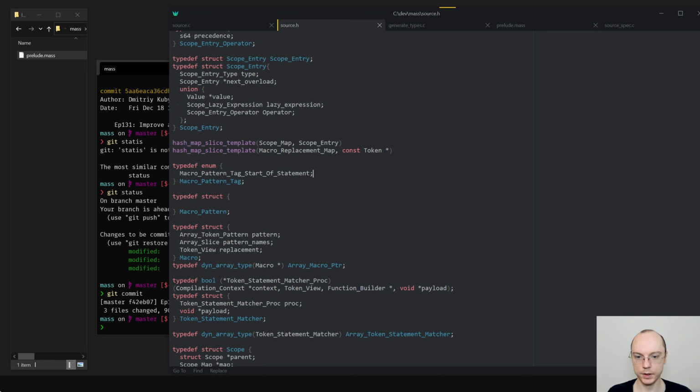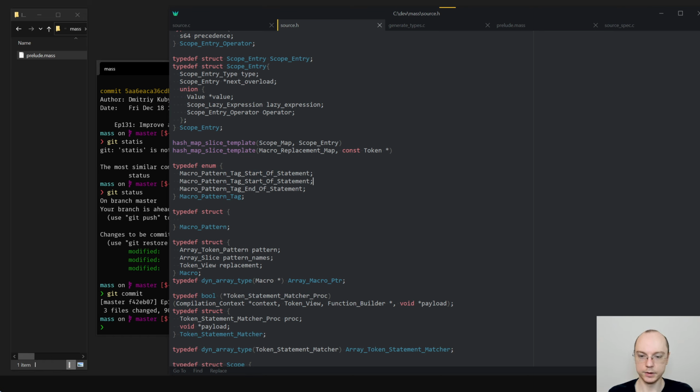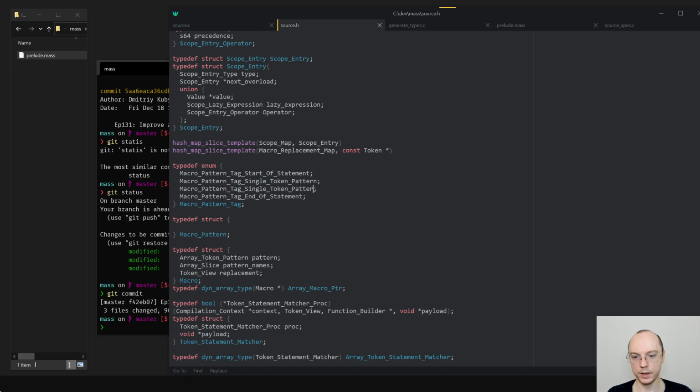Let's be explicit. And then there's going to be end of statement, and we will have like single token pattern, and I will have token sequence. Something like that.